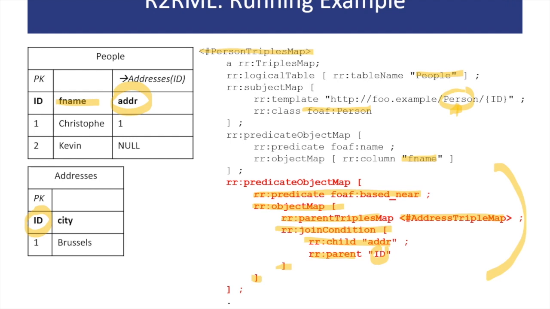Now, in this very simple example, we haven't covered what would happen if some values are null. If values are null and used in the mapping, then it will not generate any statement. We also didn't cover how to deal with RDF graphs yet. But given these two triples maps,